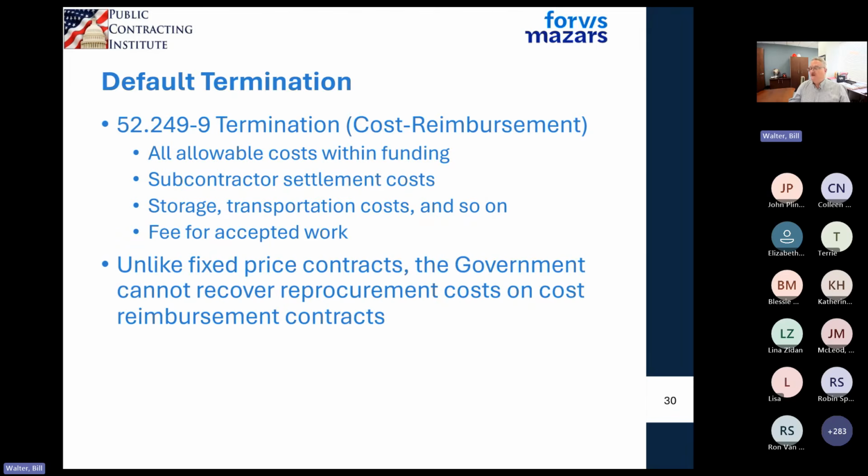I said this earlier, under a default termination, you're going to be able to recover your costs. You'll be able to receive a piece of the fee for any work that was accepted. So if no work was accepted, then you won't get any portion of your fee. Unlike a fixed price contract, the government cannot come back and say,